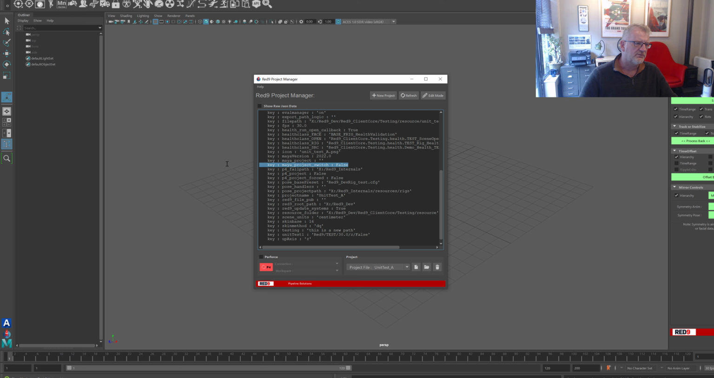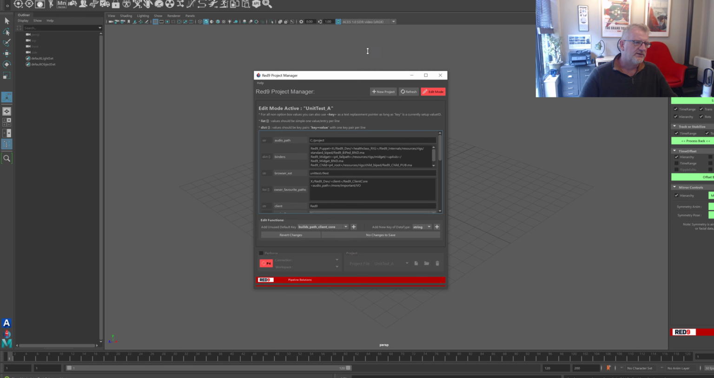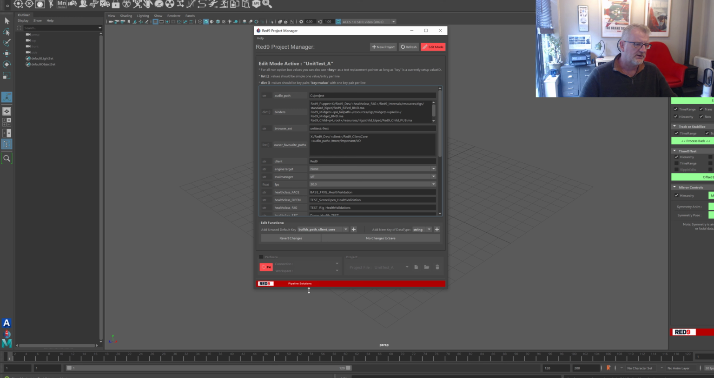have two new keys. We have Maya Project and Maya Project Switch. This is a request from a client, and it seems a bit obvious, and I don't know why we never did it. But the idea now is that when you switch to the Red9 project, we also now allow you to manage the Maya Project switching. So if we go into edit mode, this actual file at the moment, this unit test